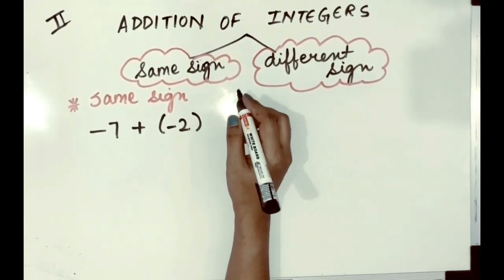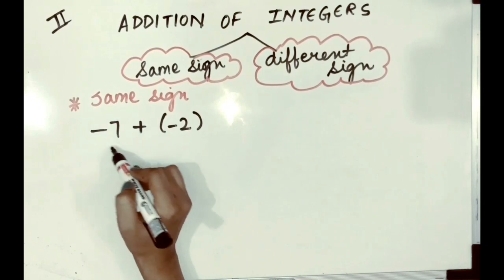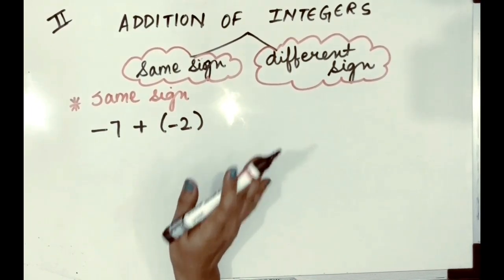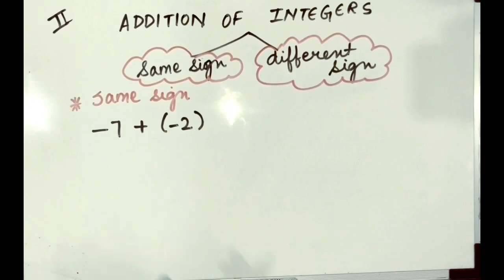Now what is the absolute value? Absolute value is the numerical value of the number regardless of their sign. We are not supposed to see the sign. So what will be,